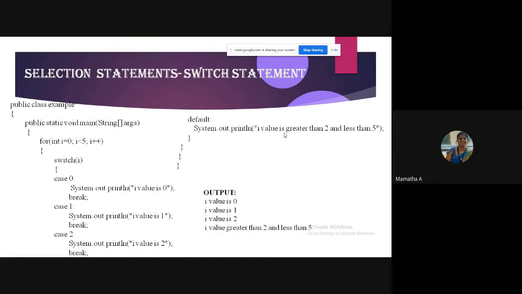My intention of this program is that you can place switch wherever you want, not a problem, but you have to handle it in the right way. Again, when I gets incremented, which was 3, now becomes 4. Again none of the cases matches, so it will execute the default case, I value greater than 2 and less than 5. Again I gets incremented, now I becomes 5, wherein the for loop terminates and you are done with your program.